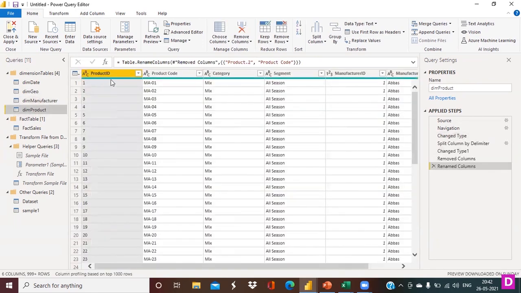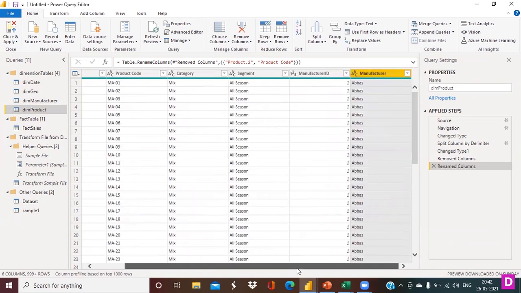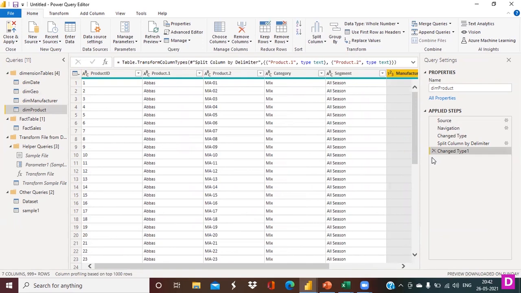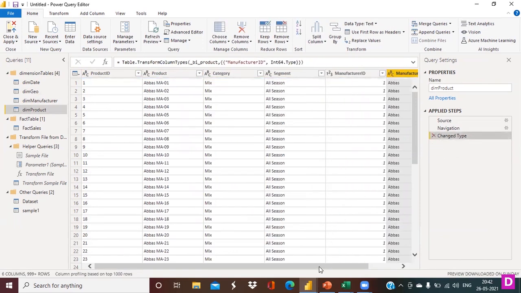The product table: product ID, product code, category, segment, manufacturer ID, and manufacturer. Okay, so we are okay with this as well. But it was something like that before. I think I have made some changes before, but if you look in the original data source,